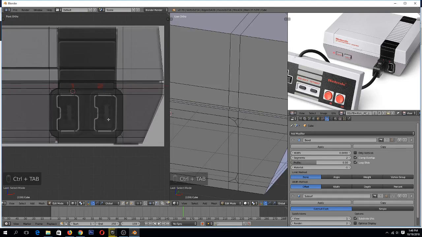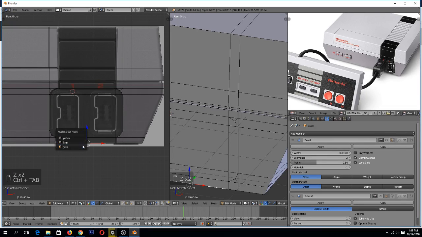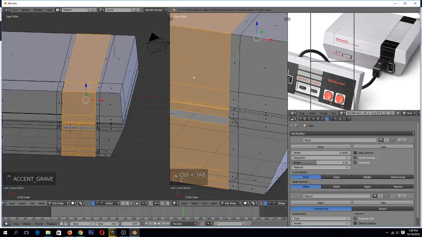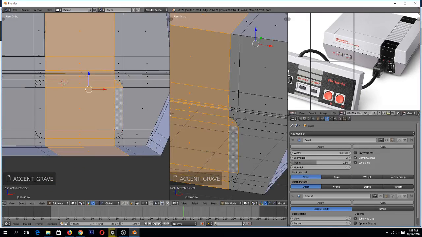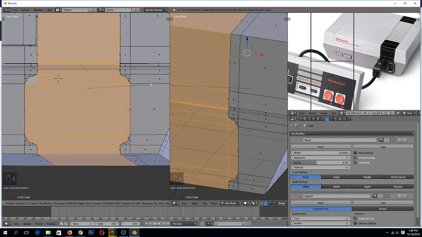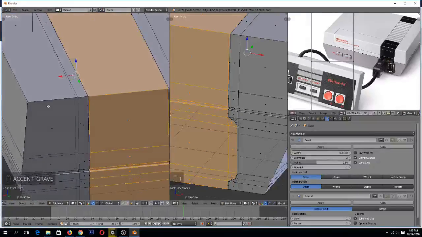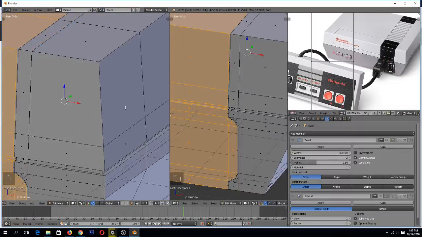So I think we can select this face, this entire loop, I think to the back there, and this part here, insert just a bit like that. So let's make sure that it's going all the way to the back like that, and then